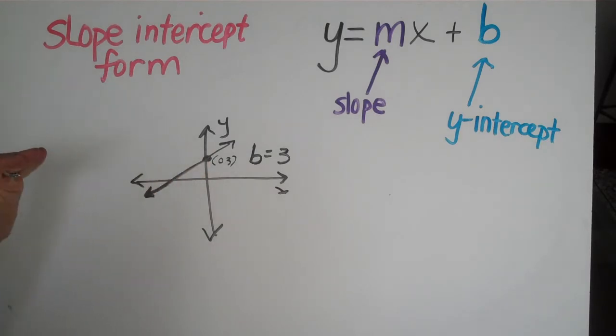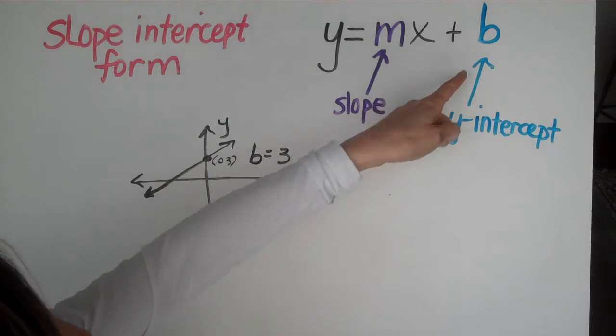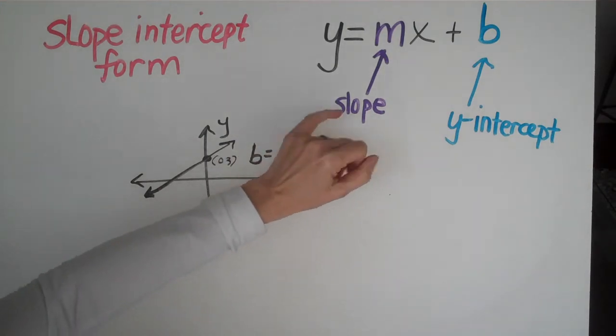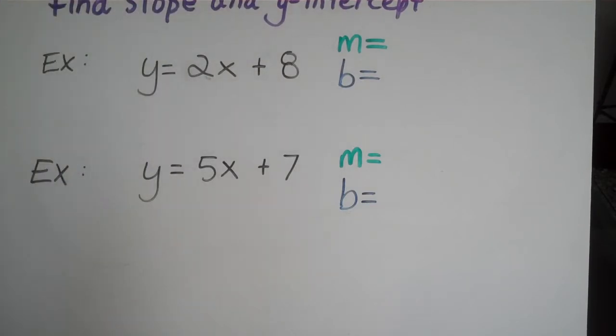It's where the line cuts across the y line. That's the y-intercept, which is a b. Okay, which is a little weird. You would hope that it would be a y, but it's not. So the m is the slope, the b is the y-intercept, and we're going to do some really simple